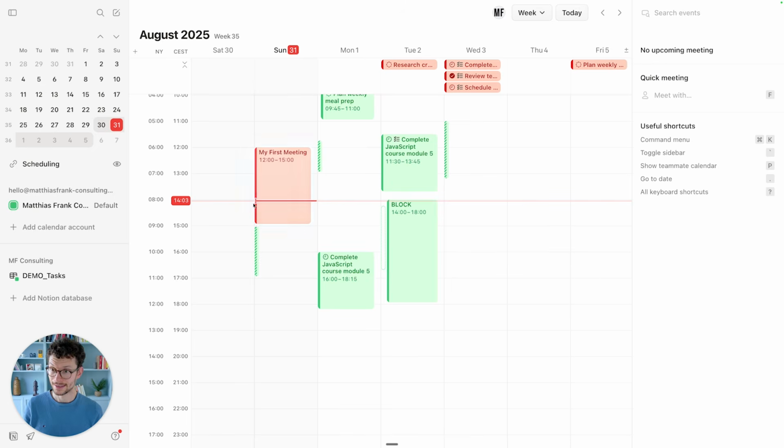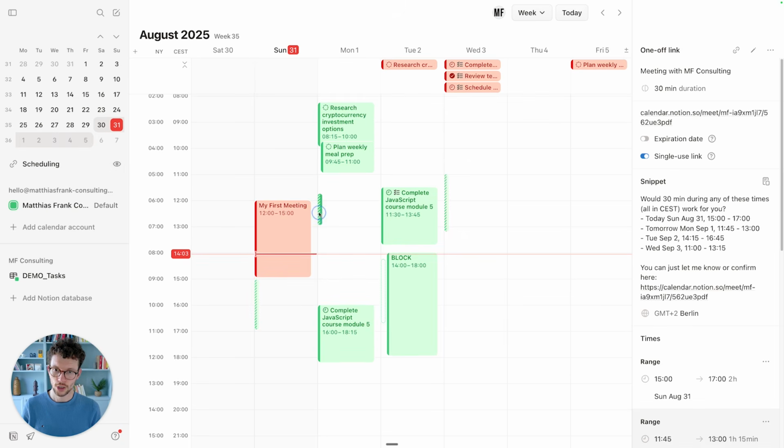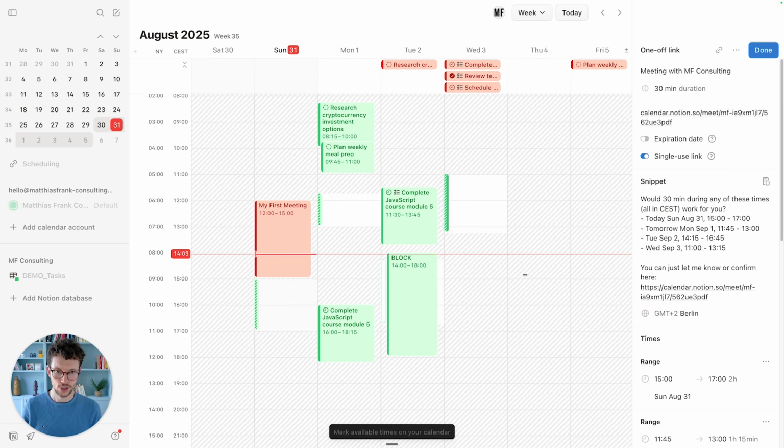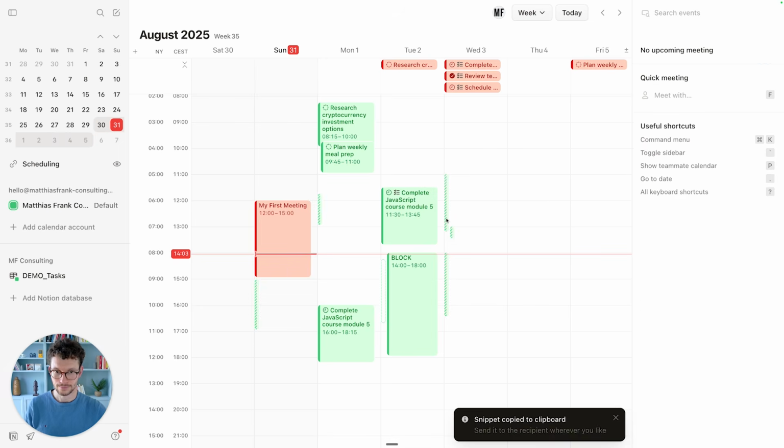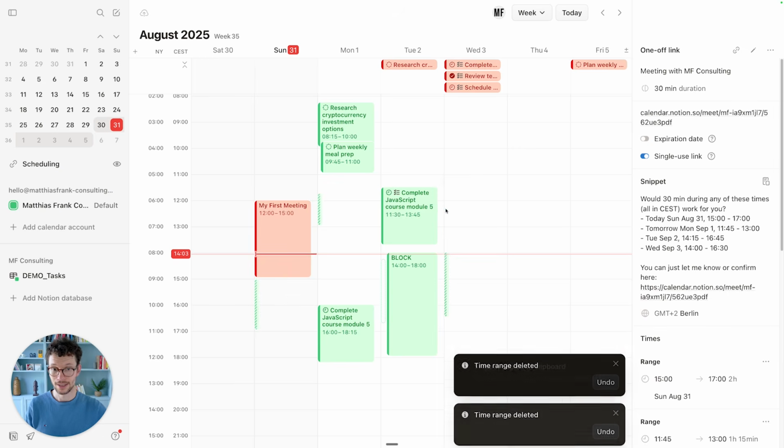If you have a lot of these scheduling links, you can also start managing them through this section. You can always just click on your availability again, and we'll jump here and you can click on edit and change it. For example, you can make something longer, or you can remove something by clicking on done, and then selecting that part and removing it from the availability, and it will update the